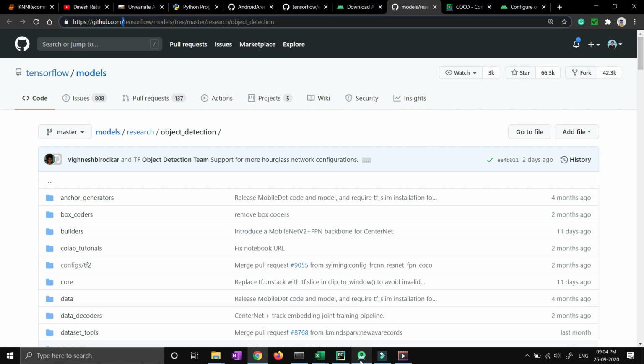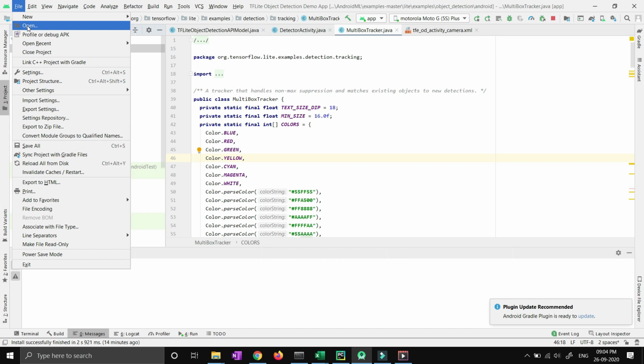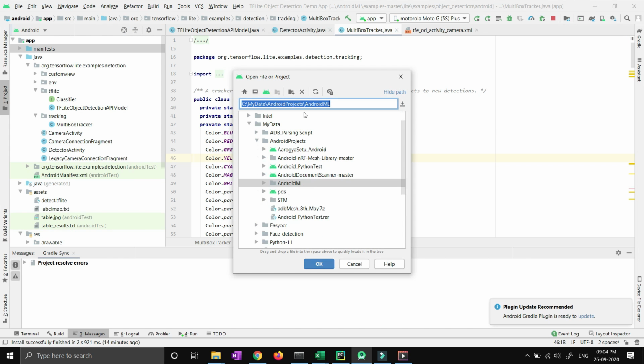So after downloading Android Studio, you will be able to see this particular Android Studio over here with some buttons like open project, new project, and something like this. If you are able to see those buttons, you are very good to go. Just hit open a new project, right? Or just go to file and click on open, right? Then you have to copy or paste the URL of your Android code which you have downloaded from TensorFlow's website.